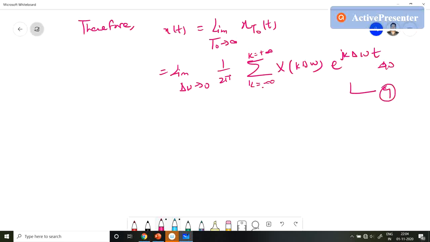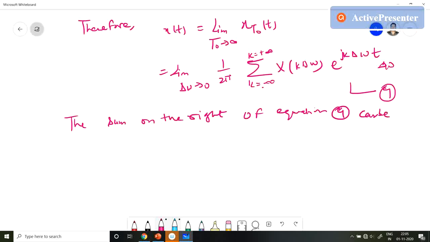So this is equation number 9. Basically the sum on the right hand side of equation 9 can be